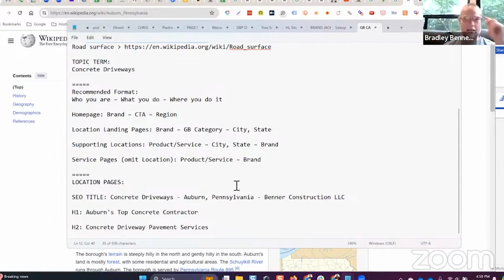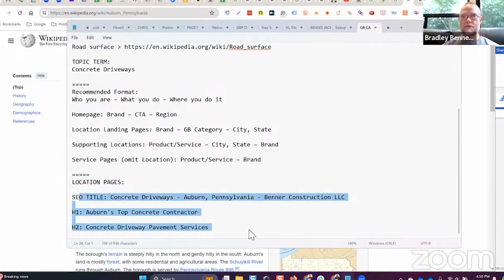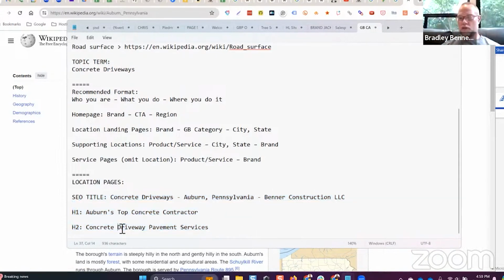I don't give a damn about the content, guys. It's about the headings and the images. Like, that's it. If you get those things right, you don't need the content, or very, very little, because Google understands what the page is about through the main optimization points: URL, SEO titles, headings and subheadings, and images, media. Does that make sense? And so concrete driveway pavement services, then what I would do here is I would then link to the